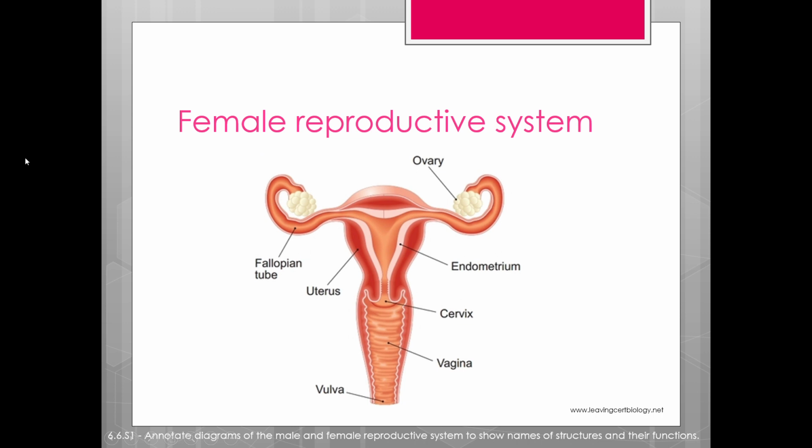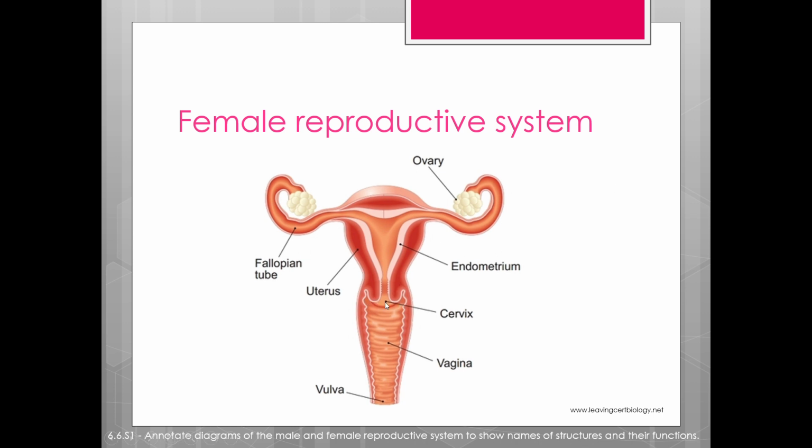What do we have here? Two ovaries, two oviducts, and there are three different names you may find in literature, all of them correct. You may call them uterine tubes, fallopian tubes, or just oviducts. Whichever name you use, it's okay. Then there is the uterus, and the innermost lining of the uterus should be named and located separately because it is very important. It is called the endometrium. Then there is the cervix,